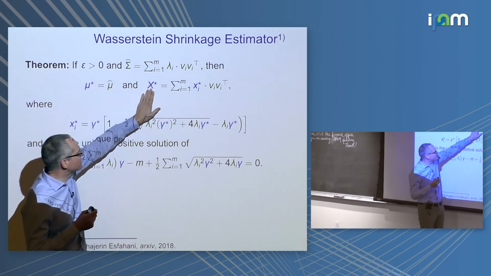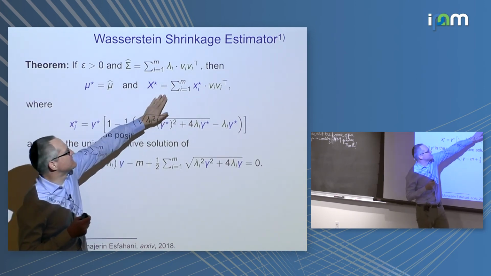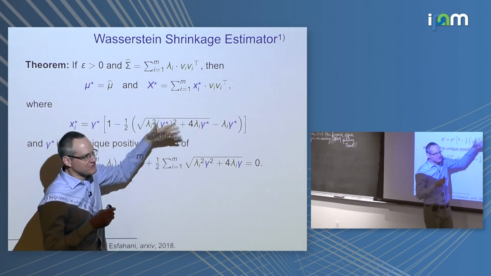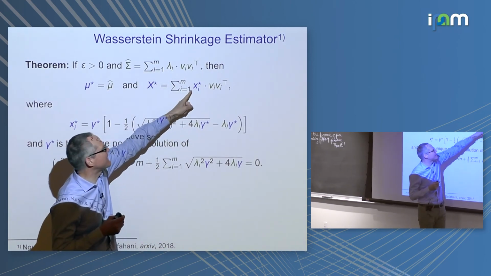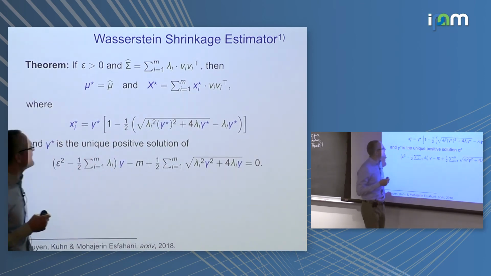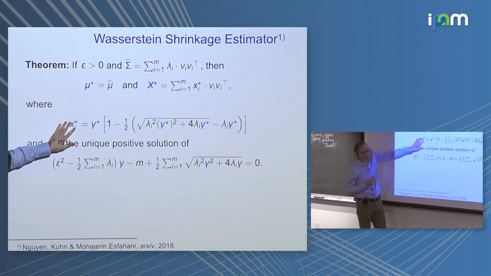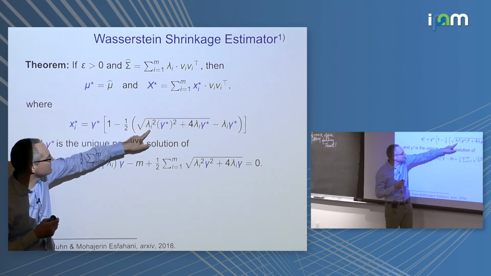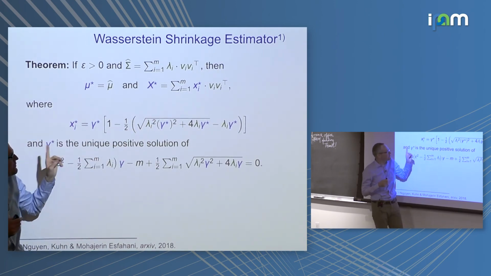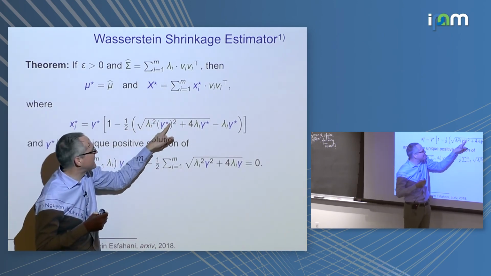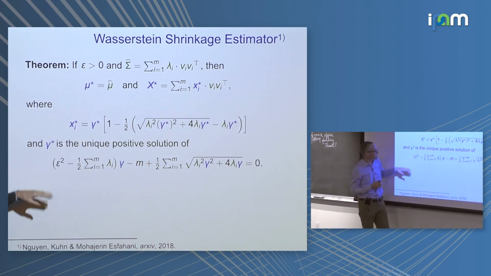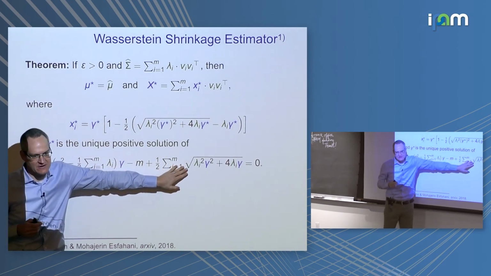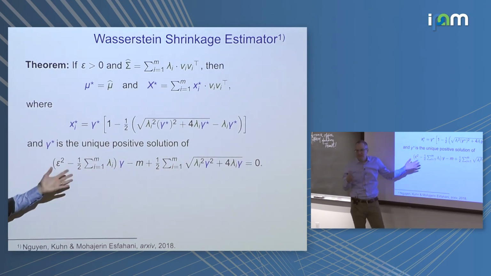But for the precision matrix, the optimal estimator is a matrix that looks like this. This is the spectral decomposition. It has the same eigenvectors as the sample covariance matrix, but it has different eigenvalues. The eigenvalues can be seen as nonlinear transformations of the sample eigenvalues given by this formula. This formula also depends on one scalar parameter gamma star, which is the only quantity we have to compute numerically, which is the solution of this algebraic equation down here. This equation can be solved conveniently with bisection, for example.